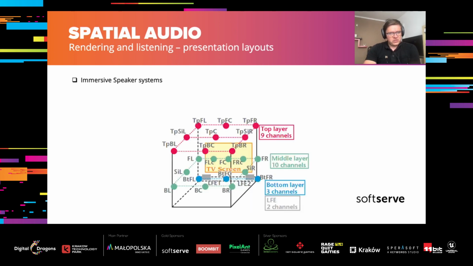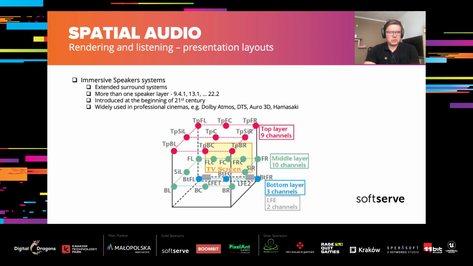An extended version of surround systems are the so-called immersive speaker systems, that are capable of reproducing a multi-dimensional sound field, mainly due to the fact that instead of one horizontal plane with speakers, we have additional 2 layers, a bottom layer and a top layer. So the total number of speakers is much higher. For instance, here we have a 22.2 system depicted. This technology was introduced at the beginning of the 21st century, and it is widely used in professional cinemas, for instance, Dolby Atmos or